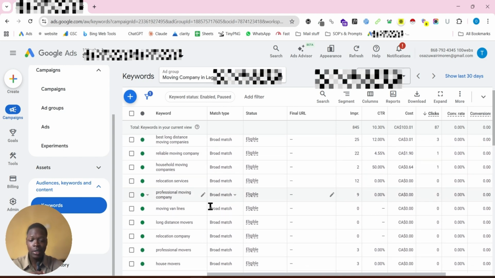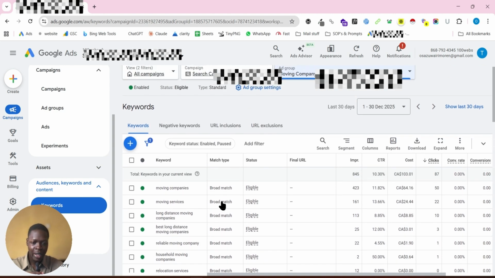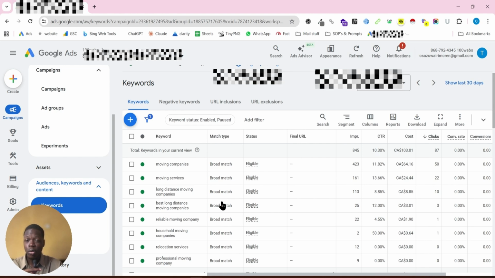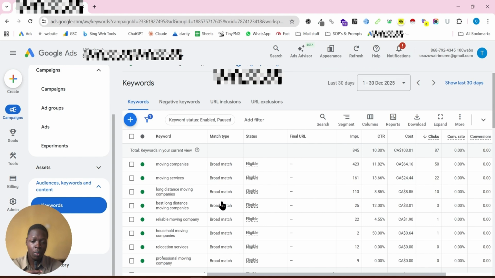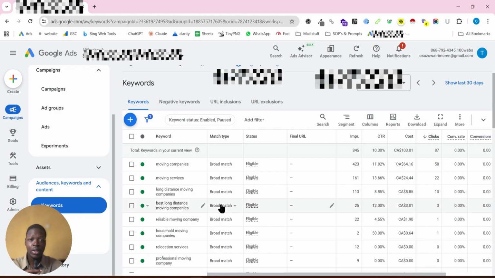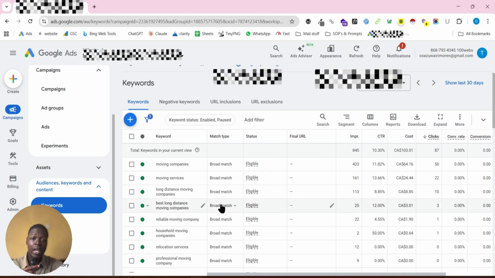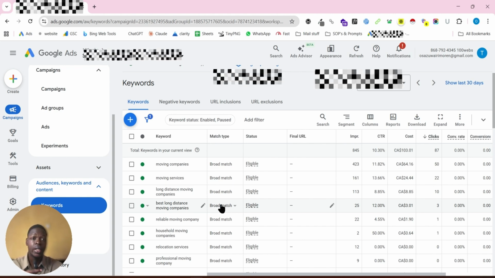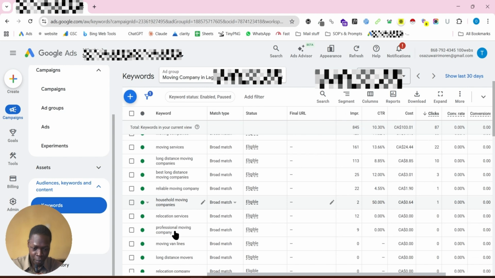If we check out their search terms, you'll see why I don't recommend any broad match. Right, so that's number one. And number two, like I first mentioned, their ad group being only one isn't really a problem, right? It depends on their keywords. And from what I can see, they have different types of keywords in one ad group, which is not good at all. You need your keywords and ad groups to have the same search intent, right? So someone looking for